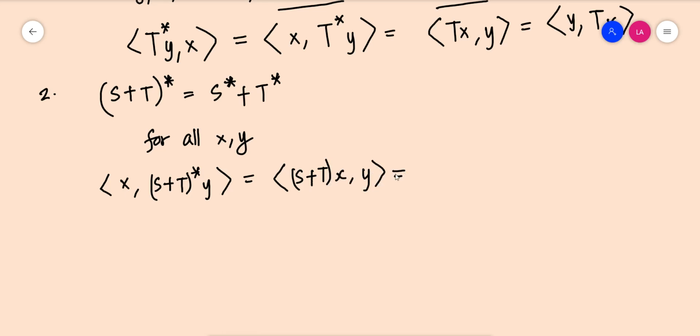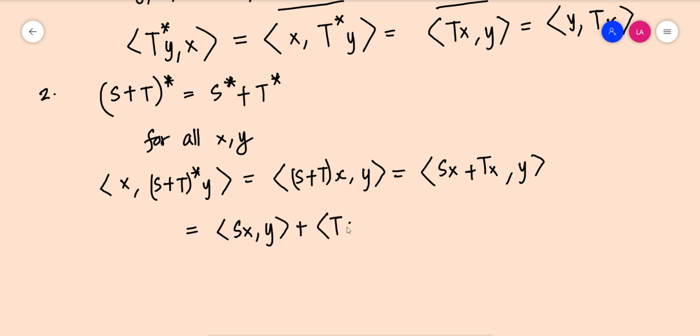Now since S and T are linear, this can be written as Sx plus Tx, y by the addition operation. Now using the property of inner product, this can be written as inner product Sx, y